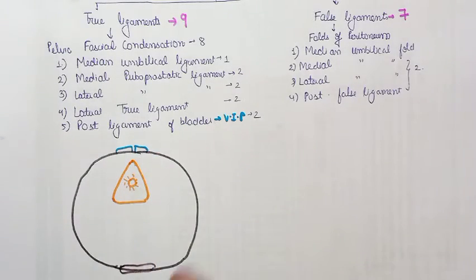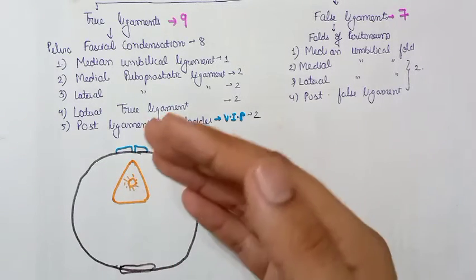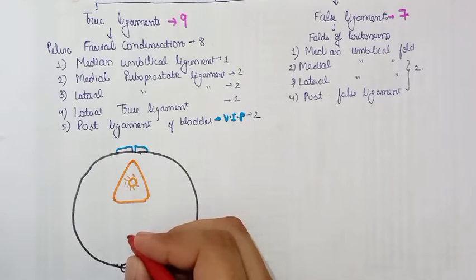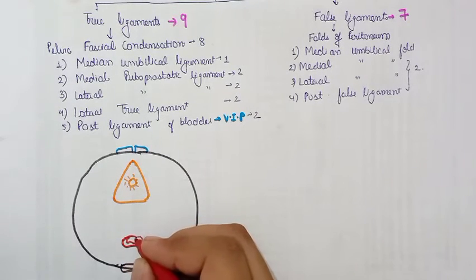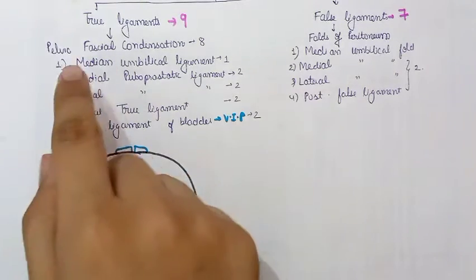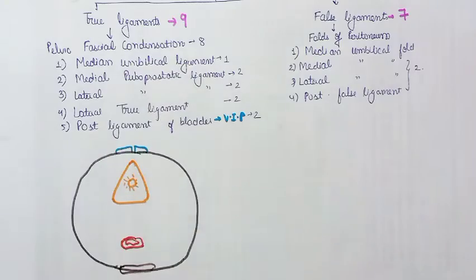Posterior to the bladder, this is the diagram for the male. So posterior to the bladder is present the rectum. But if in books you find the diagram is given for female, then the cervix should be present at the posterior part of the bladder, or just at the back of the bladder. But we are drawing male, so more posteriorly we have the rectum. So this is the rectum here. So let's draw the diagram, and let's see who all are the true friends and the false friends of the bladder. So let's start with the first one, that is the median umbilical ligament.